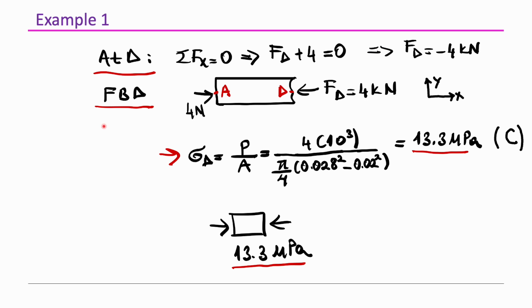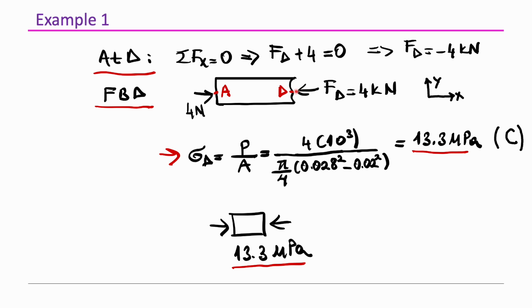Then we repeat the same process for the D point in order to determine the normal stress acting at point D. For this purpose, we draw the free body diagram and write the force equilibrium equation along the x direction. We will again apply the method of sections by passing a section through the D point. This will expose the internal normal force Fd. Then we solve the force equilibrium equation along the x direction, and the result yields that the normal internal force